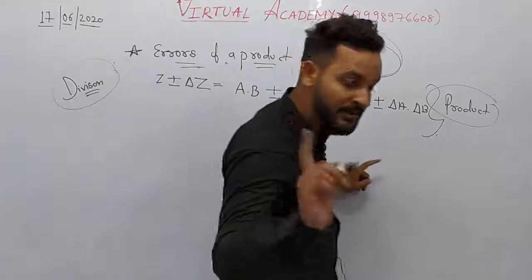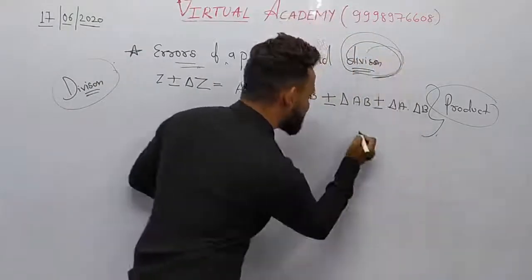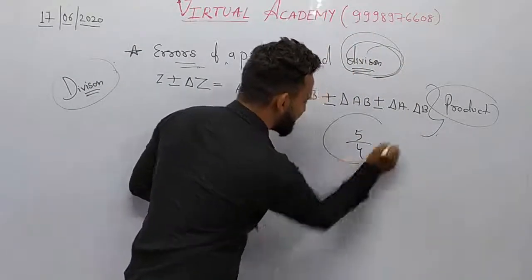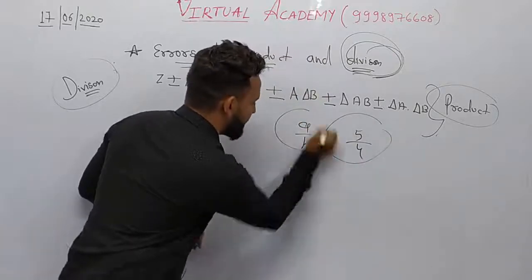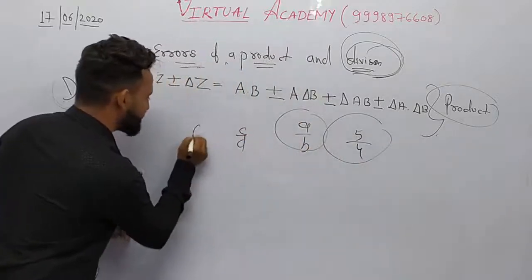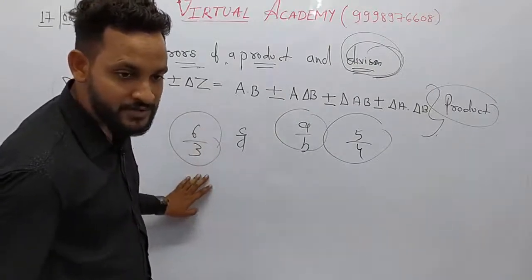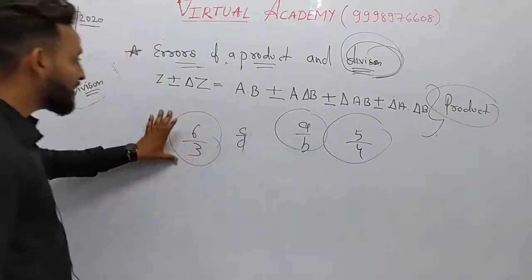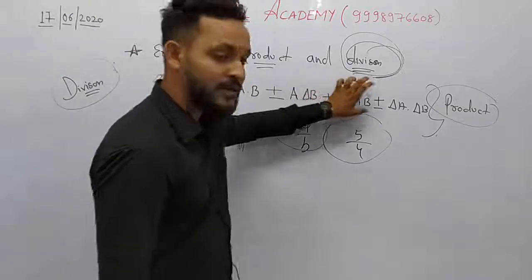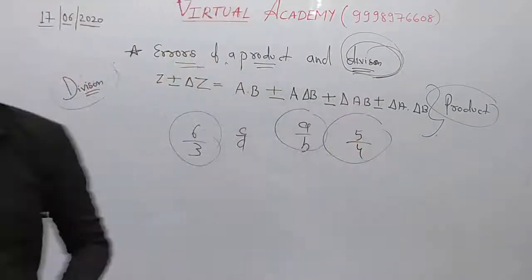If our rule is division, then what will the division form look like? It will be like A upon B, something like 6 upon 3. This is in the terms of division. So we have to convert that given equation in the terms of division. So we are basically going to deal with